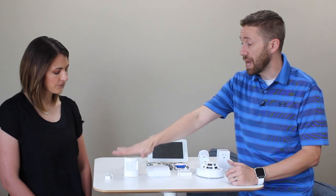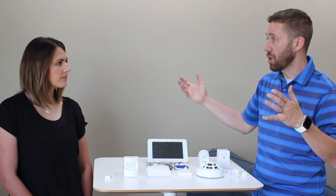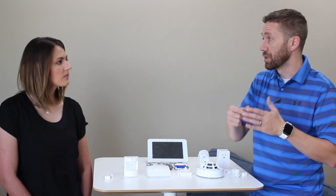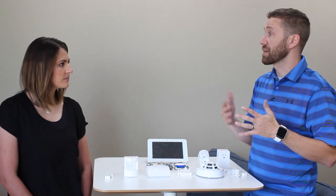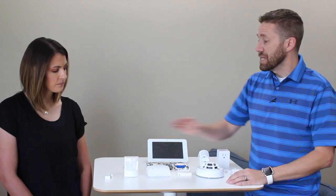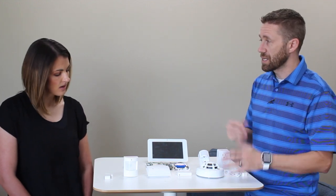And it knows that, hey, if I detect motion when my system is armed, I should have first had a countdown because the door sensor opened up, and since I didn't, that means there's someone in the house, they got in somehow other than a door, set the alarm off. Okay? Now these motion sensors have a range of about 30, 35 feet, somewhere in that realm. And again, it depends on...